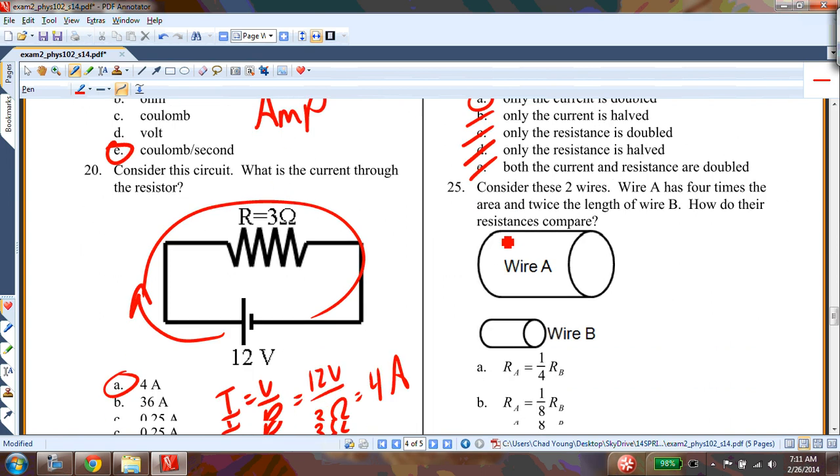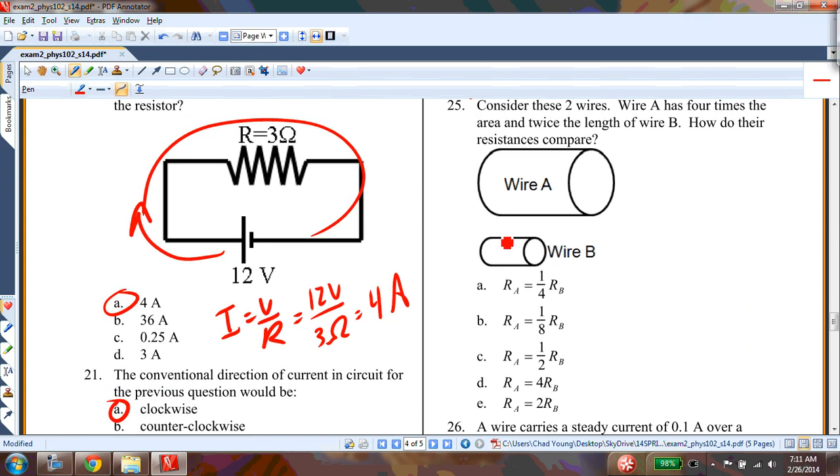24 is A. So these wires: wire A is 4 times the area and twice the length. How do their resistances compare? Well, first of all, just looking at it, I can tell that the resistance of wire A is going to be less than the resistance of wire B because it's a bigger, actually, no, I don't know that right off. So let's